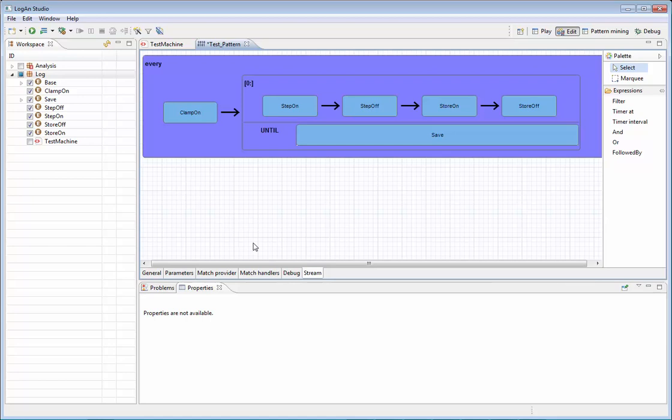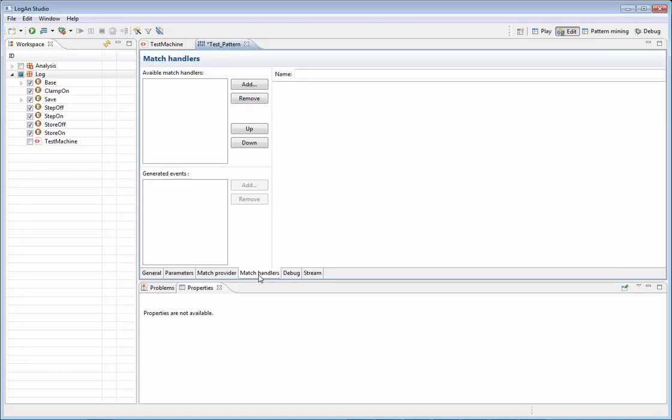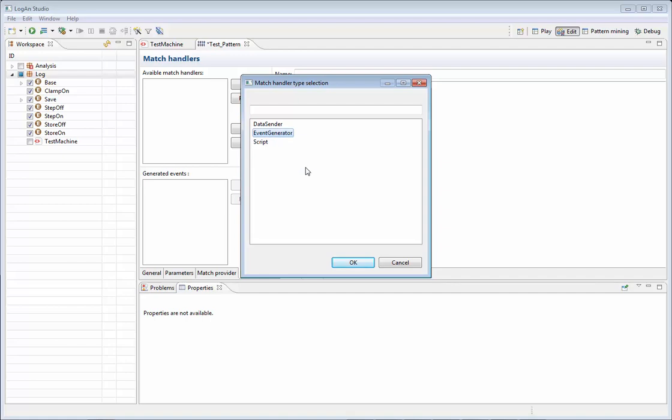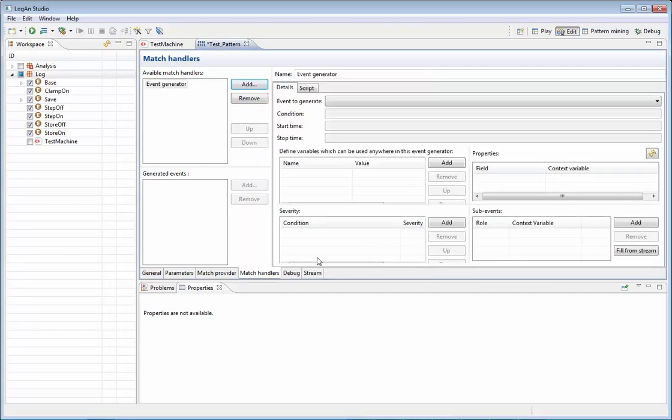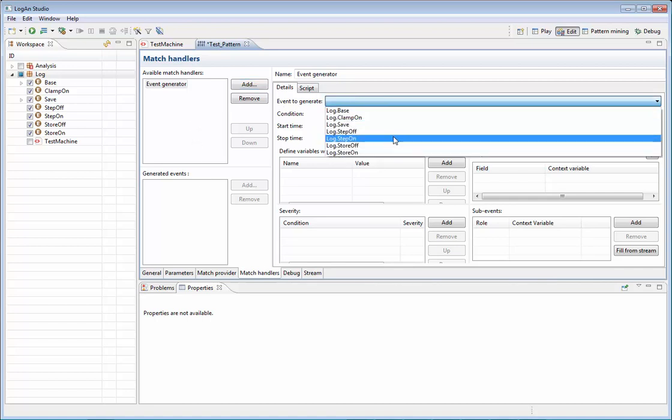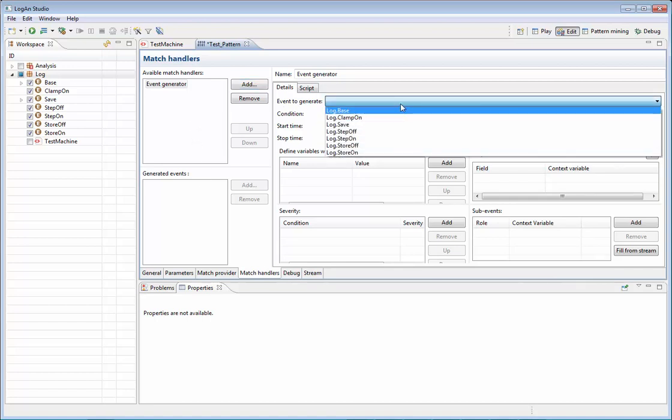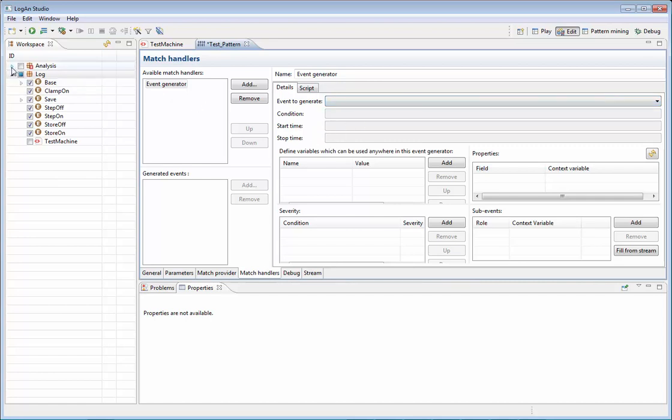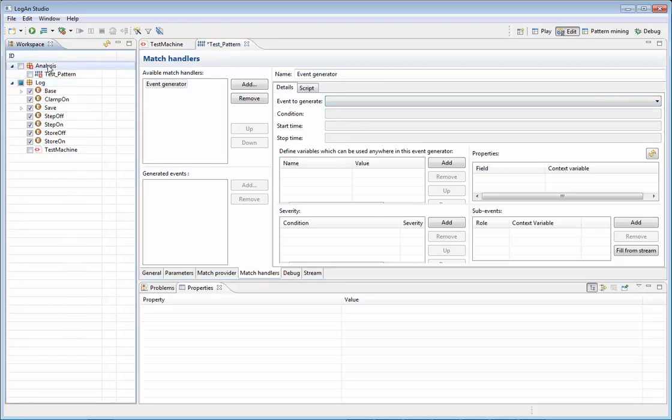Next, we want to tell LogAn what to do with such matches. We define a match handler for that purpose, below here on the tab. Since we have been matching a full test, it would be useful to generate a new kind of derived event, being a test event. For this purpose we have the event generator. Of course, we cannot just generate any of those base log events, because that makes no sense. Instead, here we will create a new